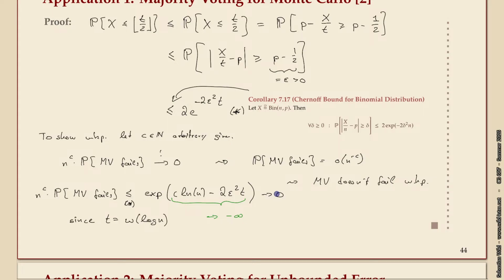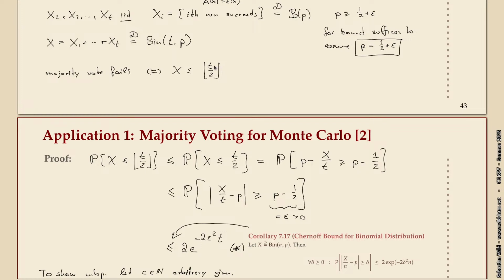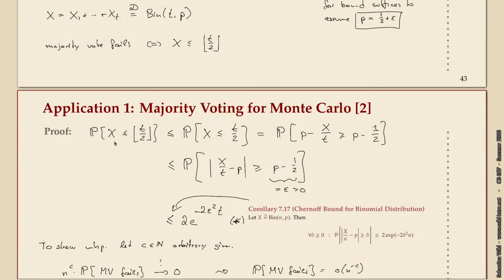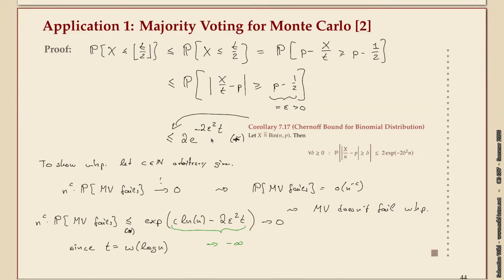So this is prototypical of the type of with high probability proofs. We apply Chernoff bound. The creativity goes into how to define the xi. Here it was very simple because we just repeat the same thing several times. Then we reformulate what fails means in terms of bounding a binomial. And again, the magic is majority means exactly t half is our threshold, but the success probability is slightly bigger than 1/2. So when n gets bigger and bigger, there will be a linear difference between t half and the expectation t times p. And that's what we use here.